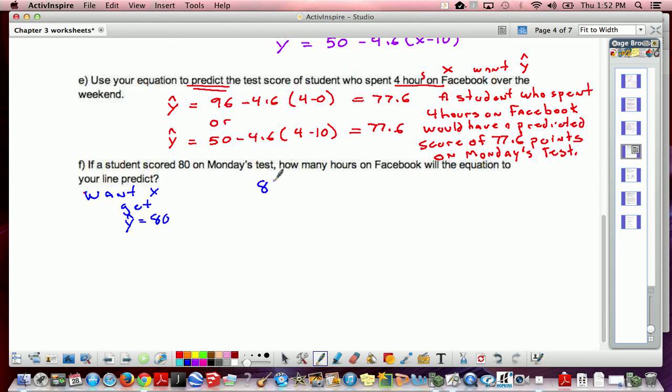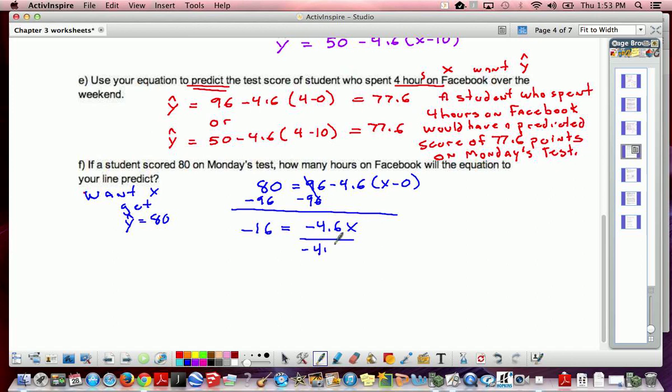So if I use it in the first equation, 80 equals 96 minus 4.6 times x minus 0. What I can first do here is subtract 96 from both sides. So I have negative 16 equals negative 4.6x, because the 0 is going to go bye-bye. So divide by negative 4.6, and x equals